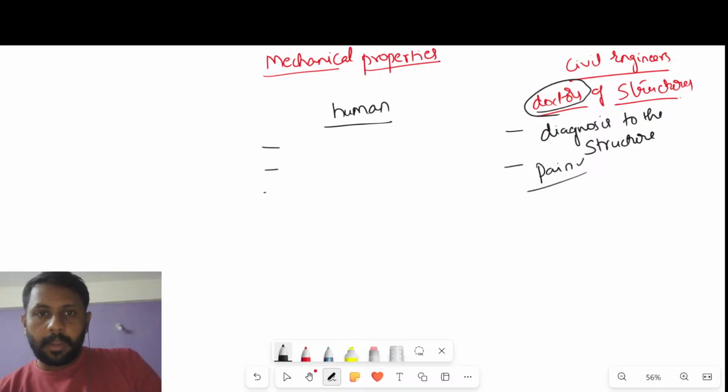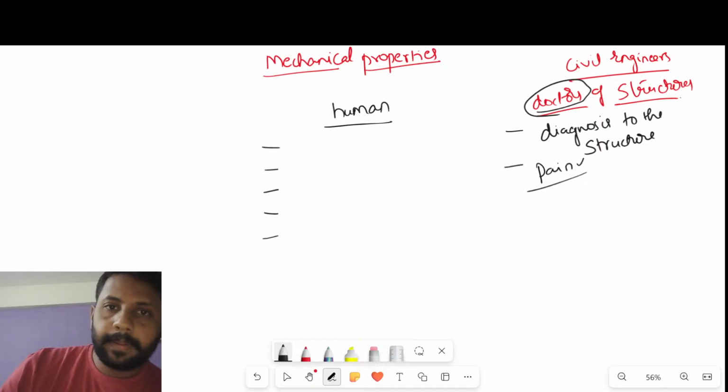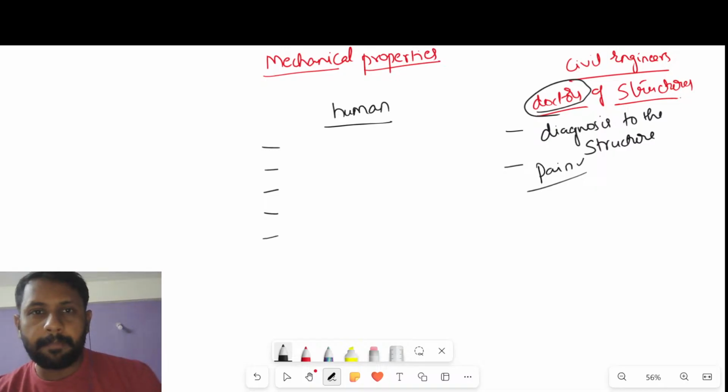Okay, let us compare a structure with a human. A human has different properties. Every individual has different characteristics. Yes or no? Different characteristics. Yes, sir. Some people have